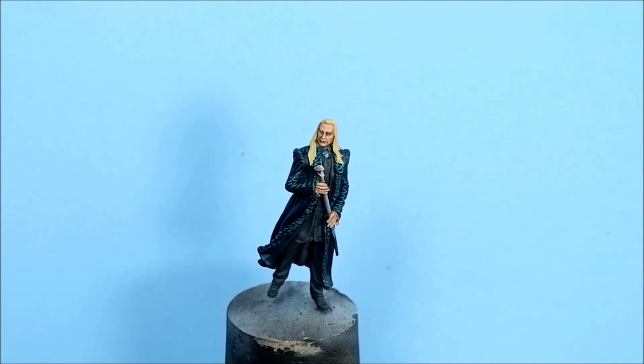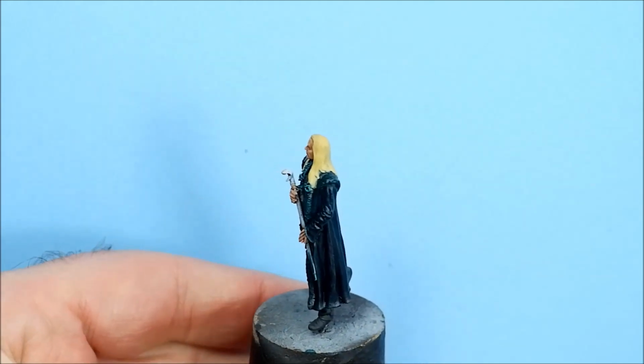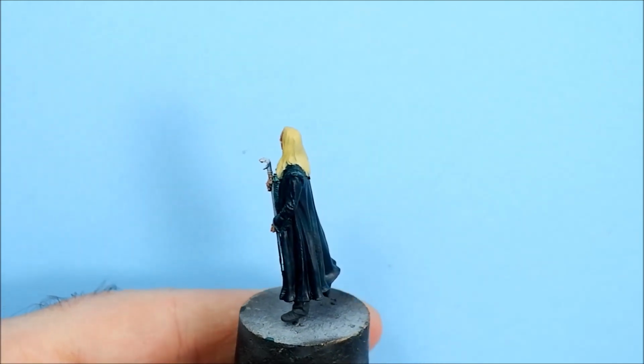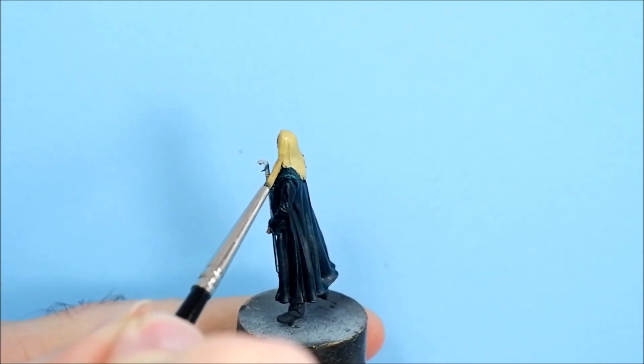So I've got a mix of Avalanche Sunset and Ushabti Bone. It's like 2 parts of bone and 1 part of yellow. It gives a nice blonde colour. We've done 1 coat. I'm just going to give another coat now, and I'm going to stay away